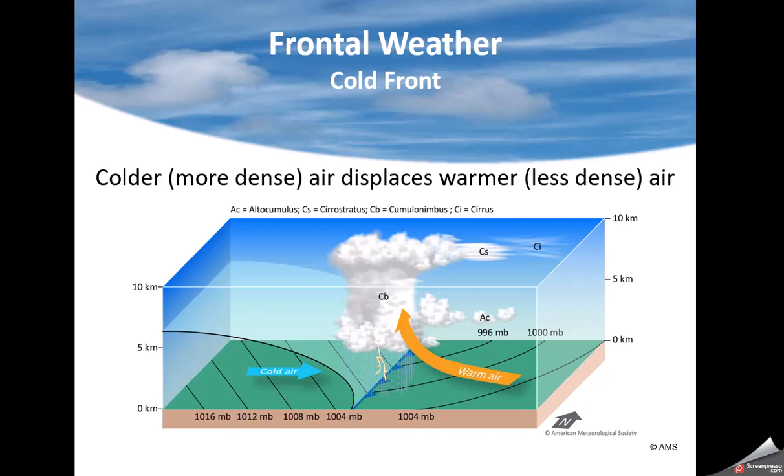Cold air is very dense, so we know that the front goes up pretty quickly in a cold air mass. If you're flying in an airplane and you go across a cold front, you're going to see that cold front extend much further up in the atmosphere very quickly than a warm front. You could probably fly into the warm air for quite a ways before you finally hit the colder air.